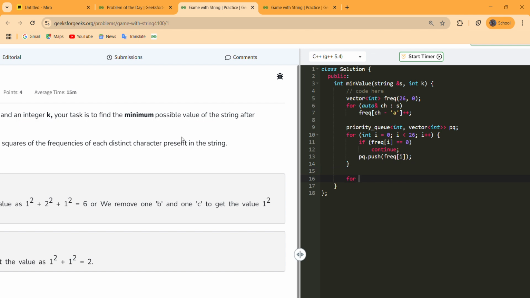Now iterate over priority queue and k times, pop out the topmost element from our priority queue. Like this. Decrement the top element and then again push that inside our priority queue.